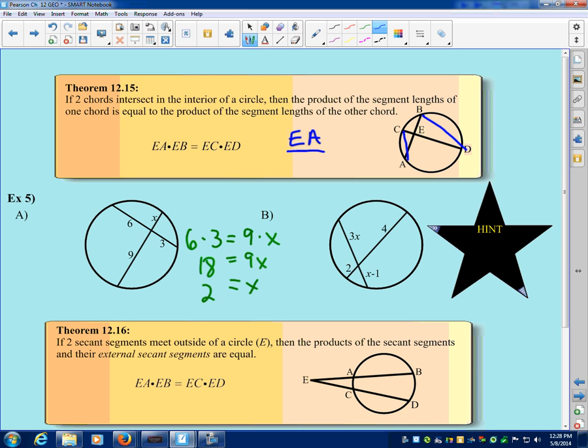If I put EA, it corresponds to, say, EA over what does EA correspond to in the bigger triangle? So EA, are you with me here? EA goes with ED. So EA is to ED as